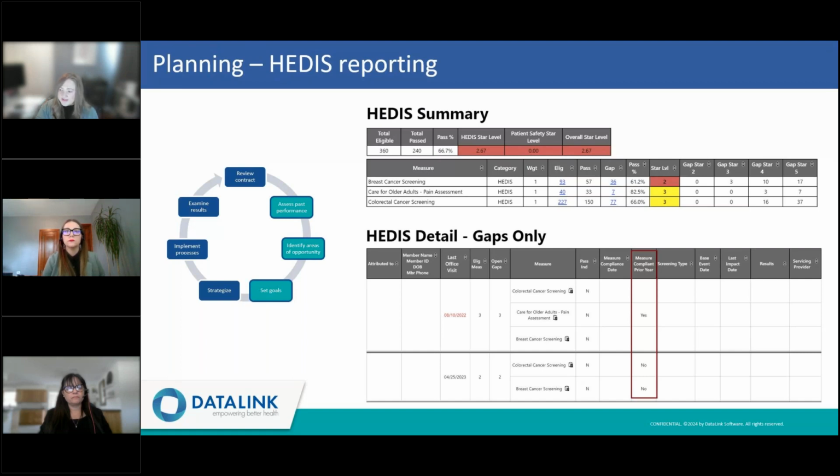We recognize these as areas of opportunity, first because we aren't satisfied with the star level that we achieved on these measures, and then second because we can see from the reporting that improvement on these measures should be attainable based on the number of patients we need to bring into compliance to reach the next star level. Of course, this conversation leads to setting a goal of achieving at least 4 stars for each of these measures. And then, of course, also improving the number of patients that we're caring for.